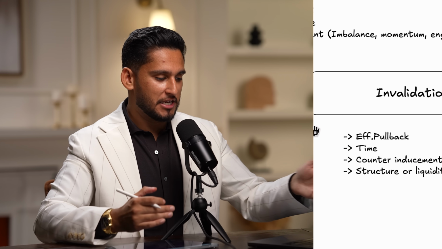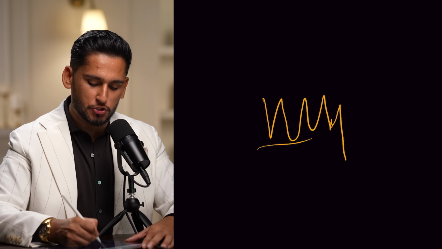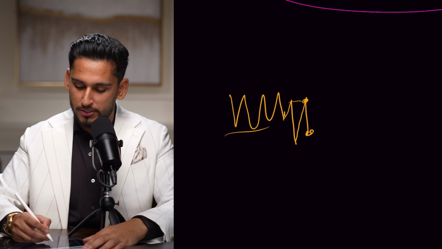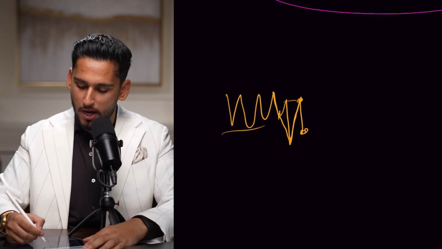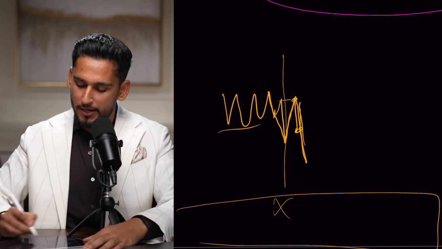Or if you have other invalidations like we have here, for example, the efficiency of the pullback, which invalidates intent. It's going to look something like this. You have a build-up of a support level. You have an inducement of the support level. You have a push out, doesn't break structure. And then you come back for the mitigation. This is not a valid trade because this is just showing me lower low, lower high, could go on to make a lower low. So when you have this at the wrong time or not in a POI, wrong POI,